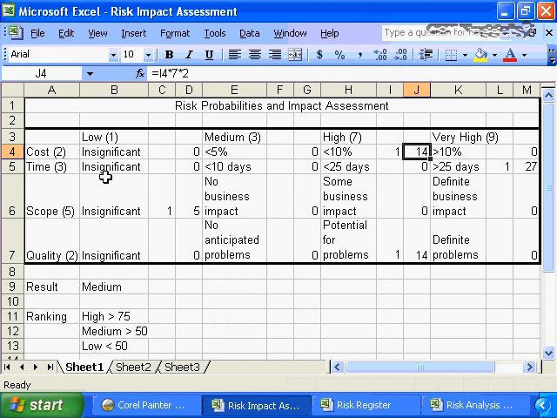If we're looking at the time, is the impact of time still greater than 25 days? And we're going to say, yes, absolutely, the impact of time is going to be 25 days. We're still comfortable with that. What's the impact of scope on the project? Is the definition of scope or the impact of scope still deemed to be insignificant? And again, our preliminary assessment is probably true in that particular instance that poor code is not going to change the scope of the project. Poor code is simply going to take more time and more cost for the project,